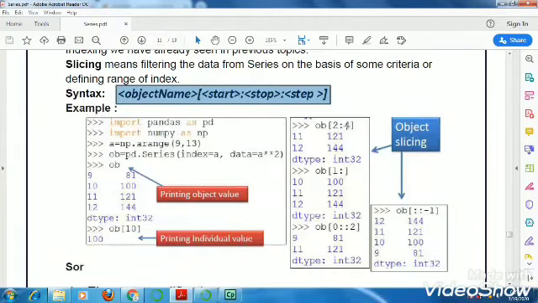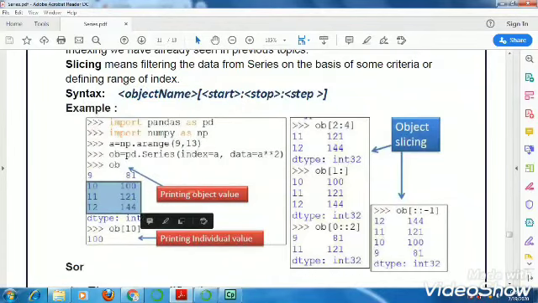In the second example, it will start from index 1, so you know 0, and after 0 this is 1, means from the second index to all the indexes, because we skip the final value. In the next one, the ending we have not defined, but step we have defined.